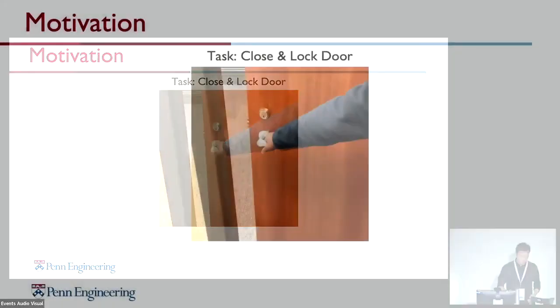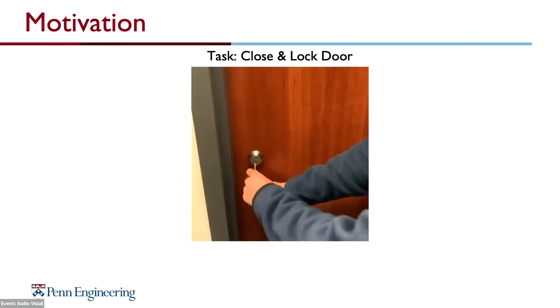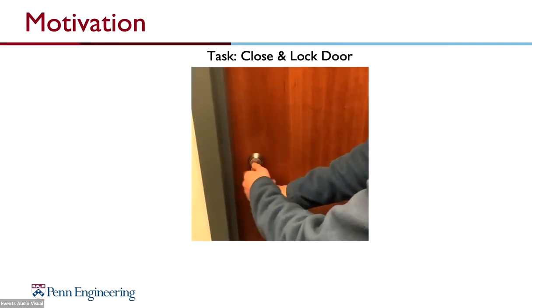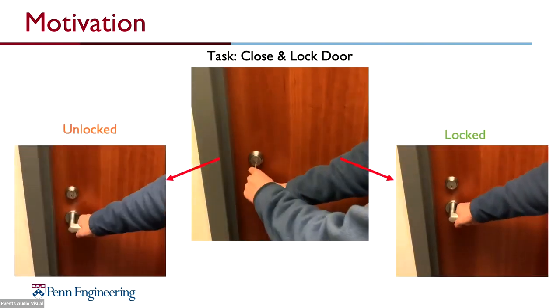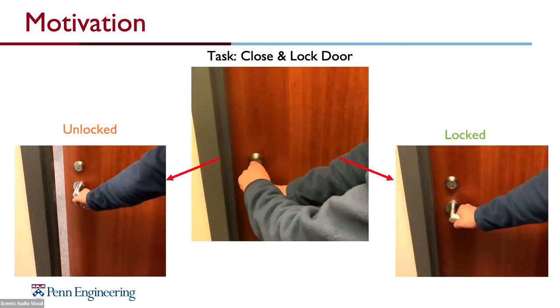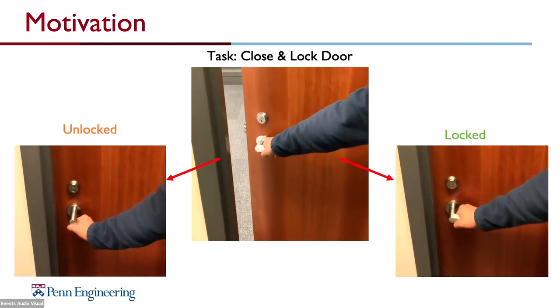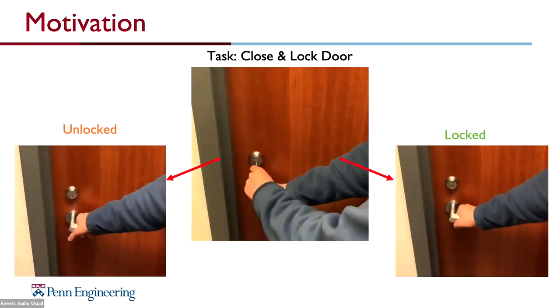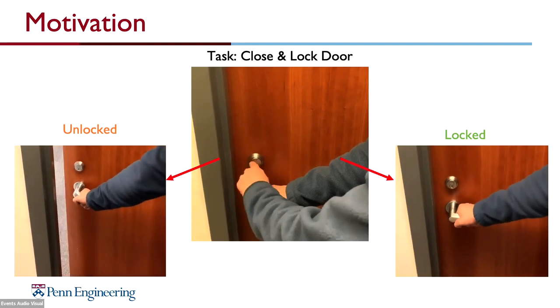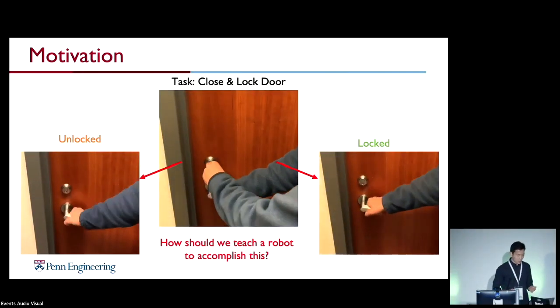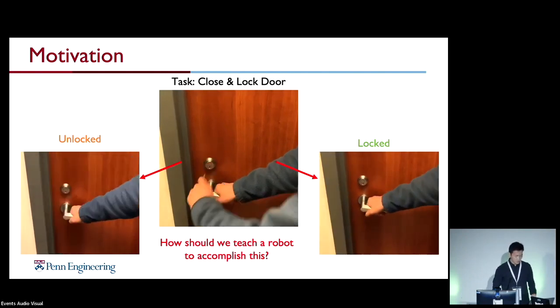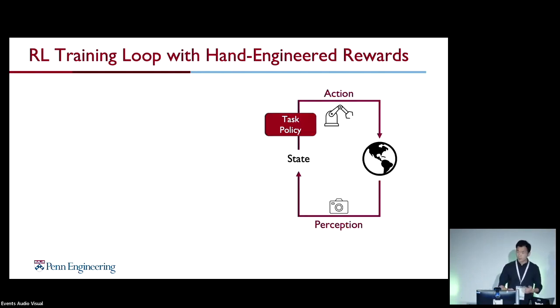I'd like to start the presentation with a very common reward scenario where the task is to close and lock a door. It's a very simple task, and we just need to close the door, insert the key, and turn the key knob to lock it. But if you're like me, I always want to make sure that the door is locked by trying to reopen it. What's interesting here is that we are using physical interaction to uncover the true state of the door. In this talk, we are trying to answer, how do we teach a robot to achieve these kinds of behaviors?